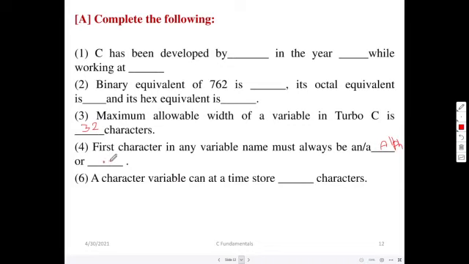Underscore, right? So you have to write it as underscore, UNDER, something like that. A character variable can at a time store how many characters? Anything which is between single quotes is called a character constant. That can be stored in a character variable. Then how many characters can you write here? Can I write Ilango here?